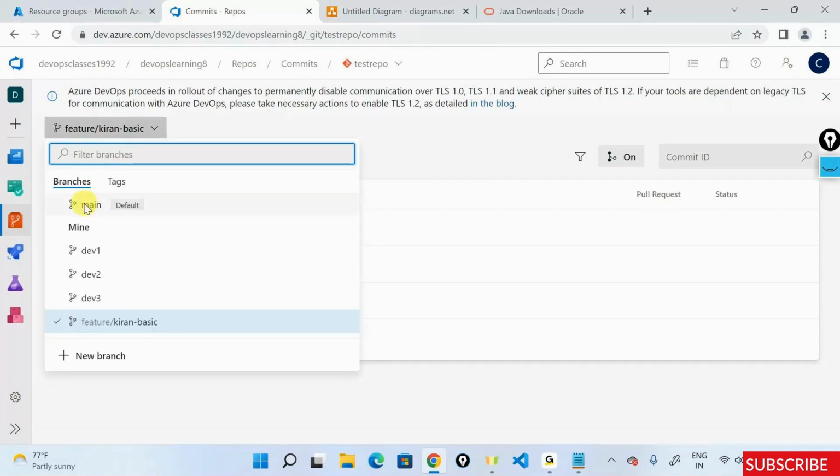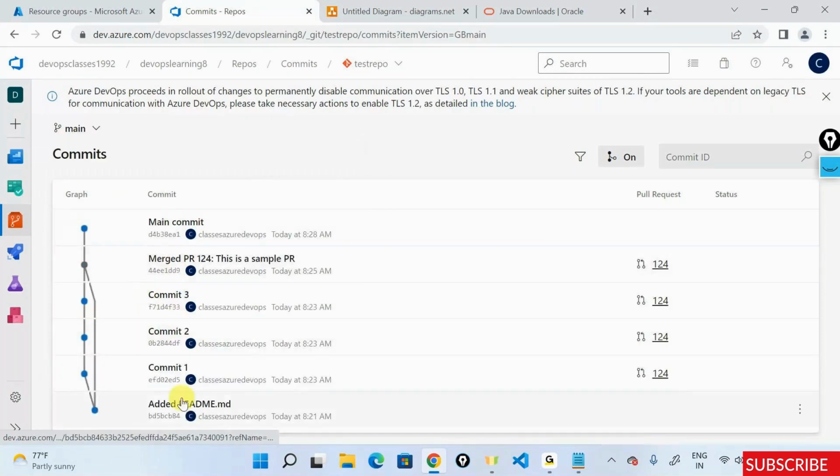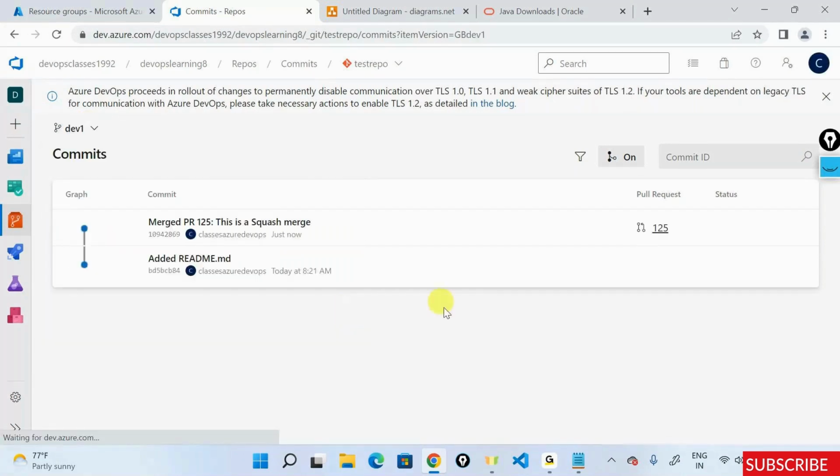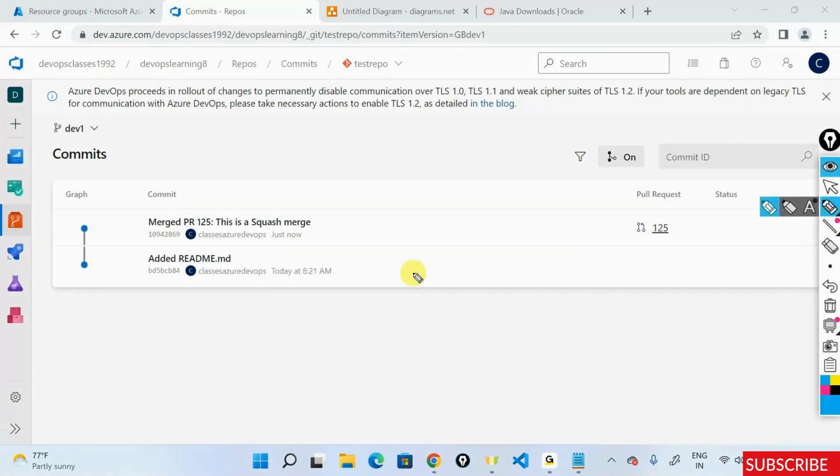Main basically took the same thing that I did on dev one. It is not considered about what are the commits that are done on your feature branches out here. Development history is not carried forward. It is a clean commit history. It's a linear, clean commit history out here, which means it's just telling, okay, fine, you did a commit on this branch, and when you created this, the commit is going to get carried forward. This is there. After that, using a PR, I did a commit on this one. This is a squash merge.